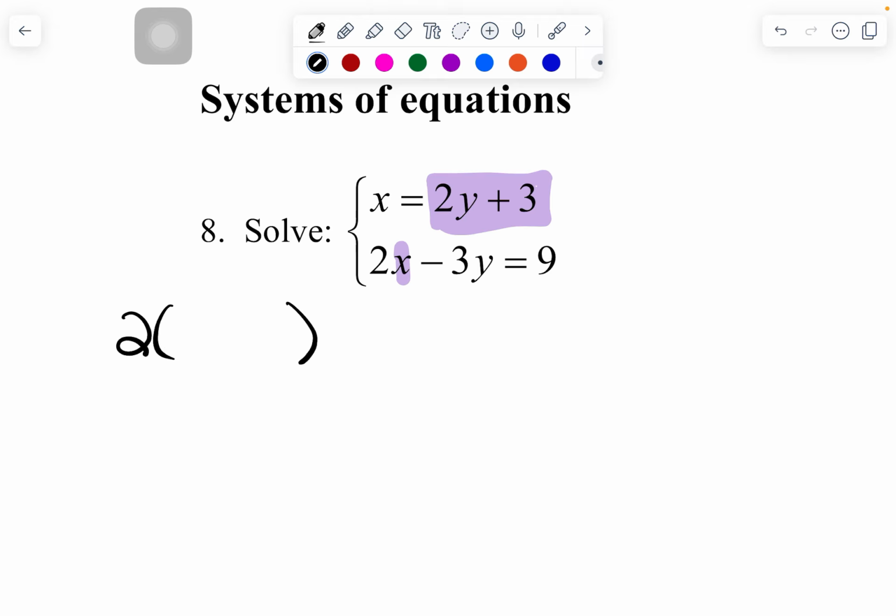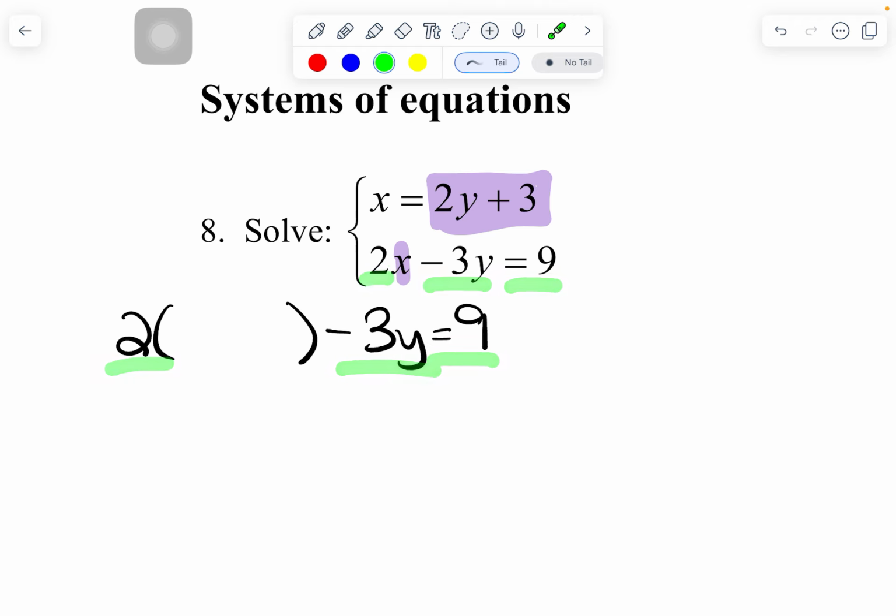So 2, I'm going to leave my space for x, minus 3y equals 9. Don't change any of the rest of the problem, right? There's my 2, minus 3y equals 9. Nothing else changed, but now we're going to replace x with what it equals. So 2y plus 3. This equation now just has the variable y in it, and we are going to solve